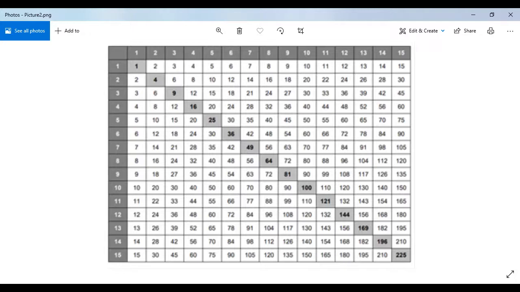You can do this in the same manner from both sides, right? You can go from here as well, or you could go from here as well. What if I move from there? So I'll start moving in this 8 column, and I'll stop at 11. So 8 cross 11 is 88.